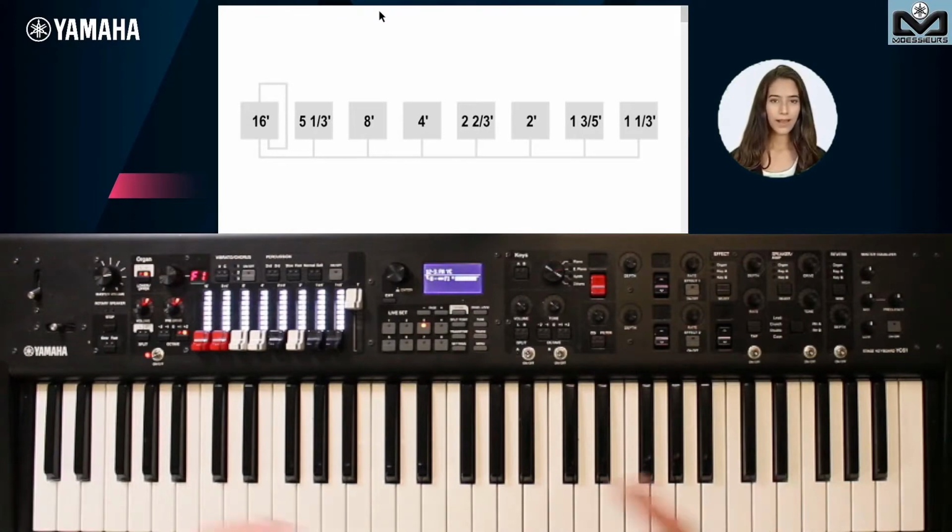Let's change view and you see this nice graph to start explaining what the single algorithm we had on F1, F2, F3 organ voices corresponded to. We had already explained it to you a little bit in the harmonic drawbars and organ sounds videos. In fact, F1, F2, and F3 voices use the same algorithm, which is in line, but nevertheless they have different sounds. Let's discover why. F1 voice uses sinusoidal waveforms which produce a simpler sound without harmonics.